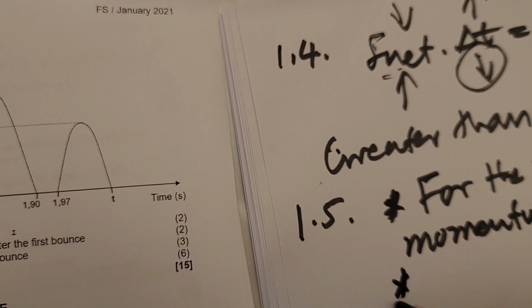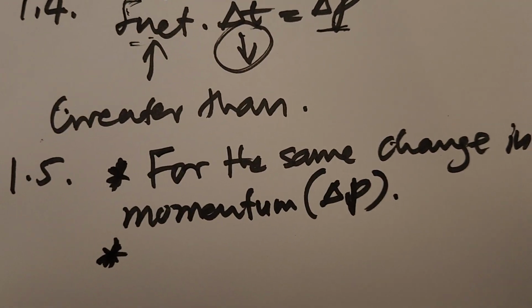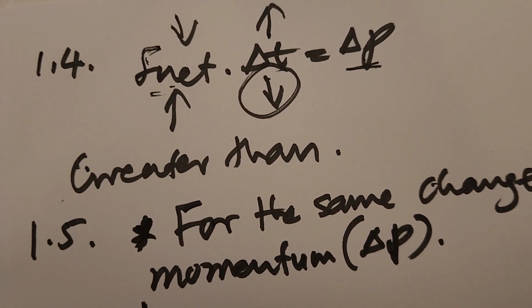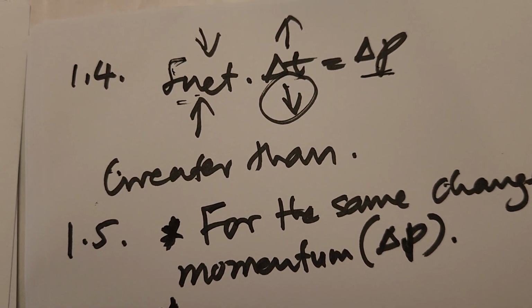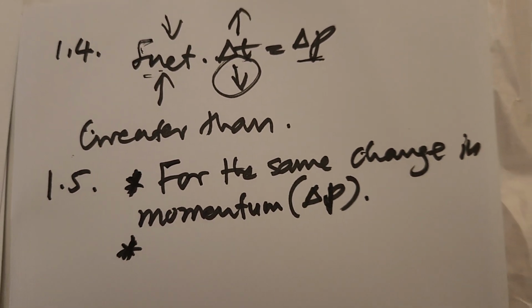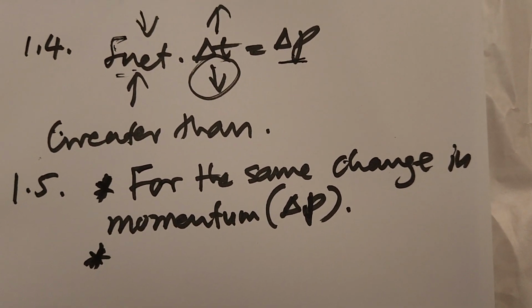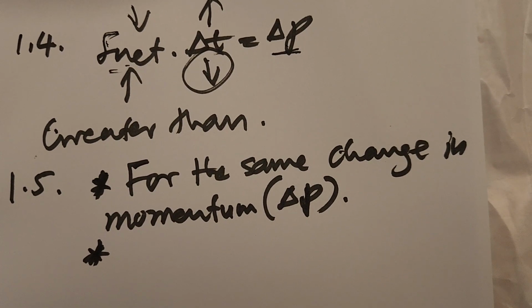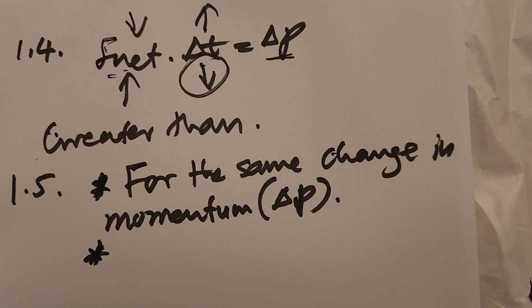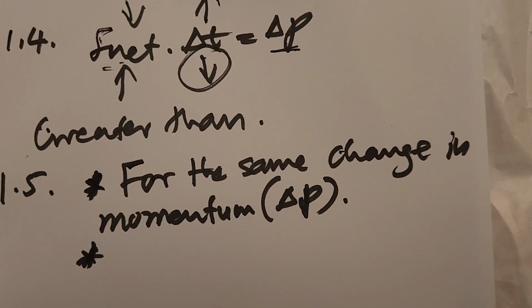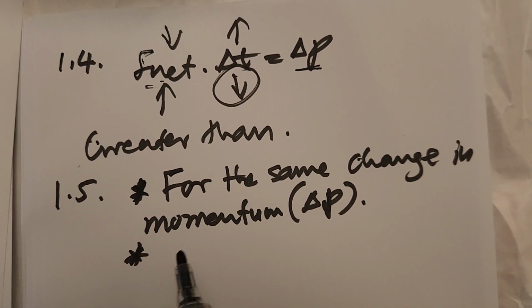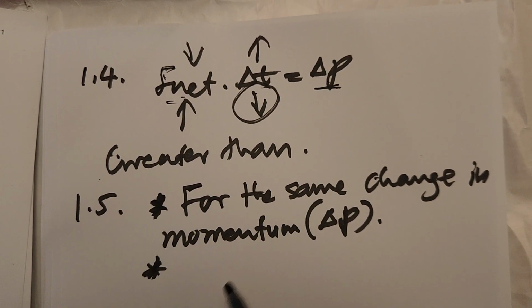Remember, why do you say for the same change in momentum? It is because in both cases when the dancer is landing, she will come to a stoppage. So meaning that whether it takes long to stop or takes short time to stop, the effect will be that she will be stopping. That is for the same change in momentum. Therefore, according to this relationship, we said